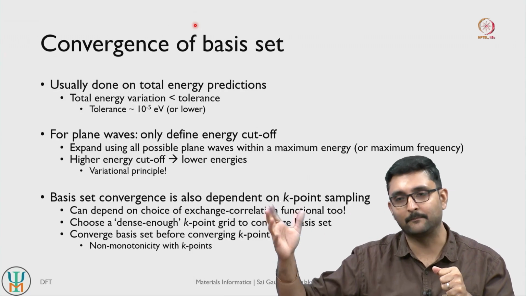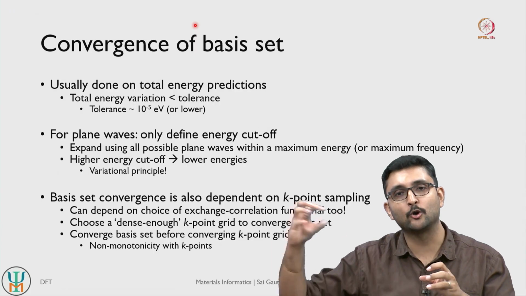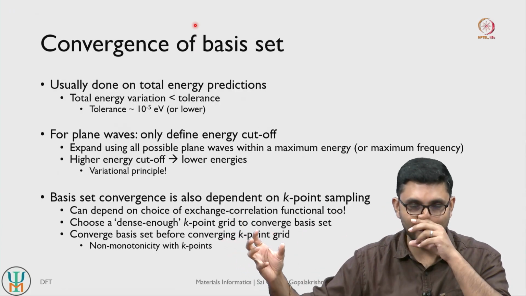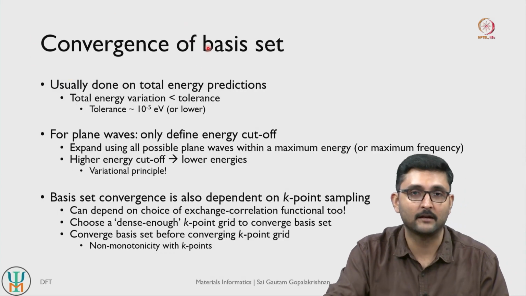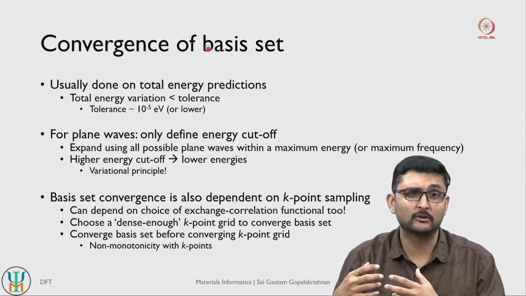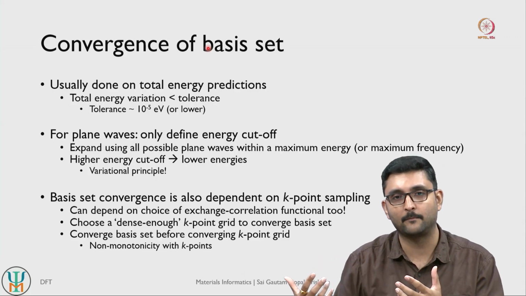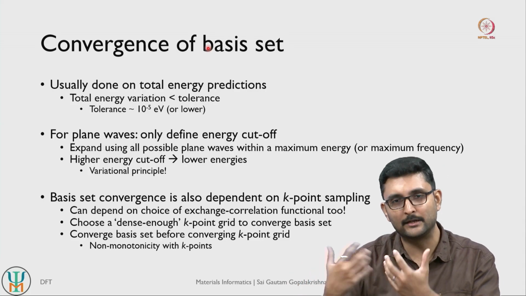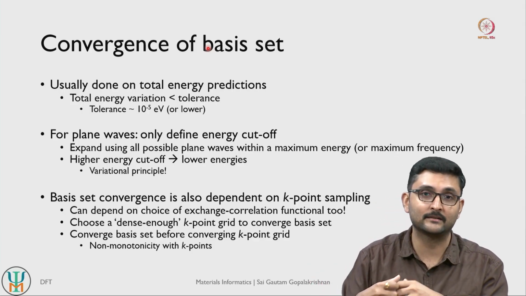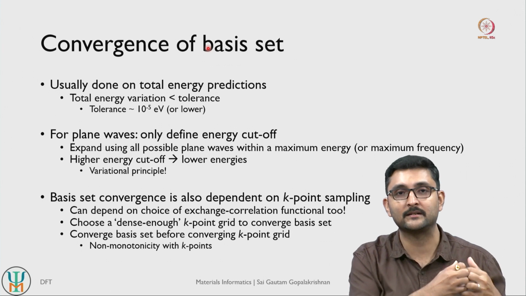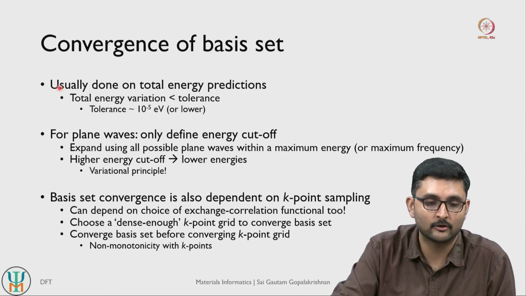use some kind of cutoff criterion or convergence criterion and identify up to how many plane waves we actually use to represent our one-electron wave function, right, and that kind of convergence we need to do. To give an analogy to classical machine learning models, think of this as hyperparameter optimization. You need to optimize these hyperparameters to ensure that your calculations are accurate enough but at the same time computationally tractable, right. So how do we converge our basis set?